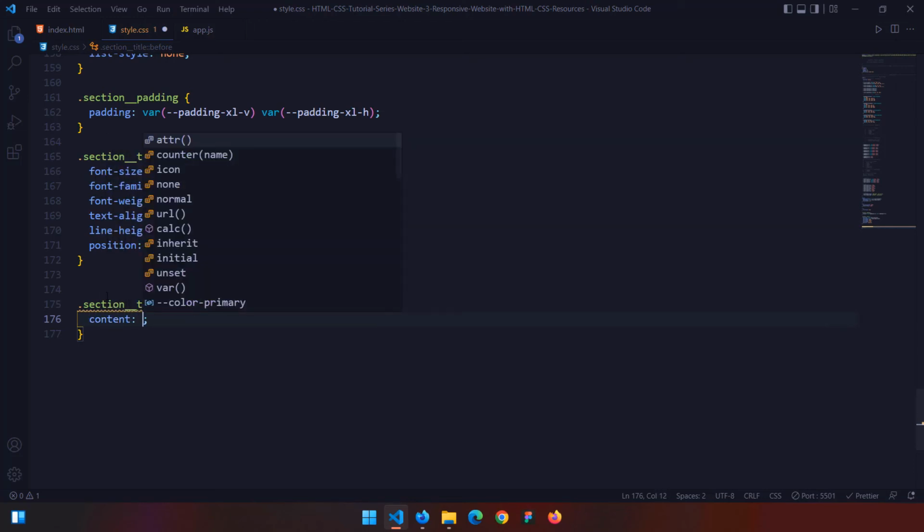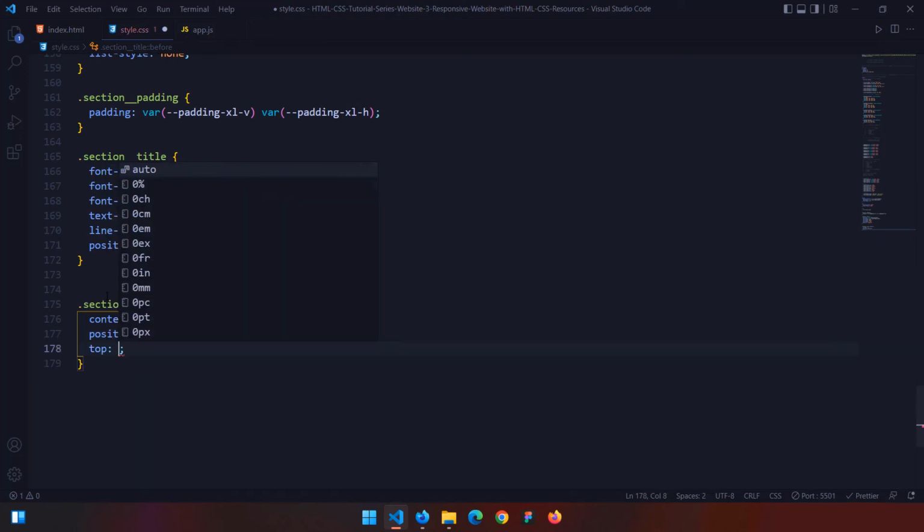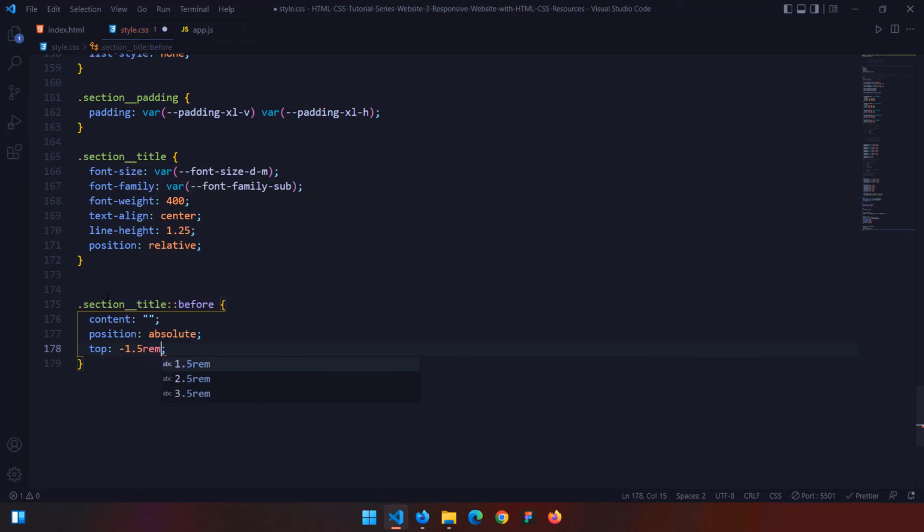Pseudo elements need to have some sort of content. Even if it is empty, you need to provide this property. So position is going to be absolute. When we create any title and give it this class, you're going to see everything is basically inherited from CSS automatically. You don't have to repeat yourself. So it's absolute. If you've worked with Tailwind CSS, you know what I mean. If you haven't, don't worry, I'm going to show you. So the height,